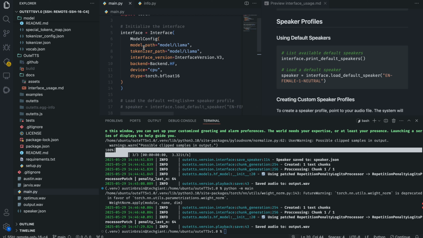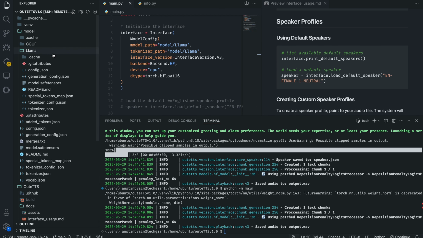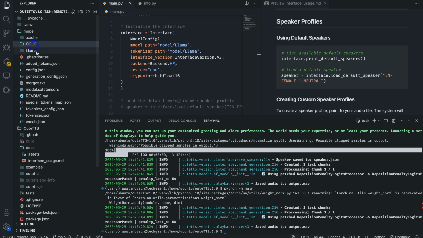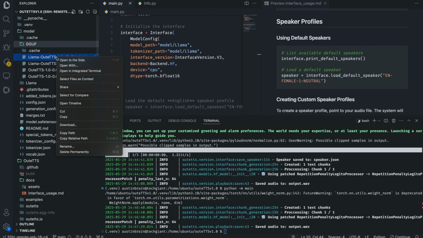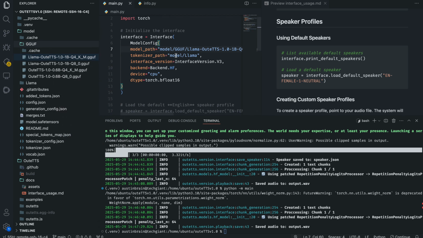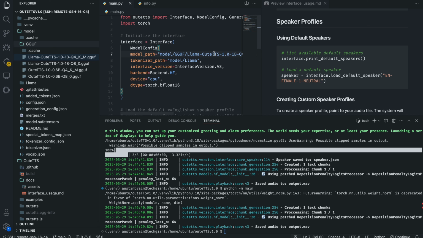This time we're going to be pointing the model path to the GGUF file. We're going to be using the llama. So head over to the GGUF directory and we're going to be using this one. Let's try the Q4 and see if it will do a really good job. And as for the tokenizer path, we're going to leave it pointing to the same place, since we're using the llama-based